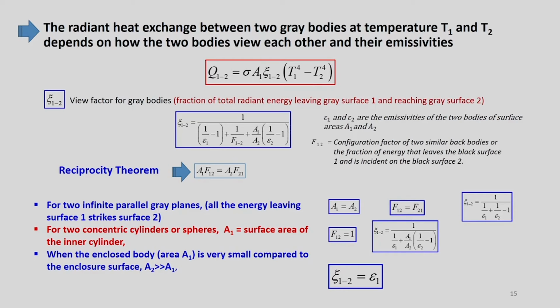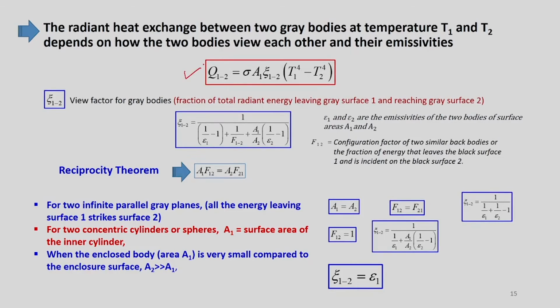And if there are two grey bodies, how are these two grey bodies exchanging heat through radiation? Okay. So, this can be calculated by using this expression: Q1 to 2 is sigma A1, then this term is for view factor, okay, T1 to the power of 4 minus T2 to the power of 4. So, if we consider a grey body at temperature T1 and another grey body at a temperature of T2, then radiative exchange will be something like this. Okay. So, this view factor